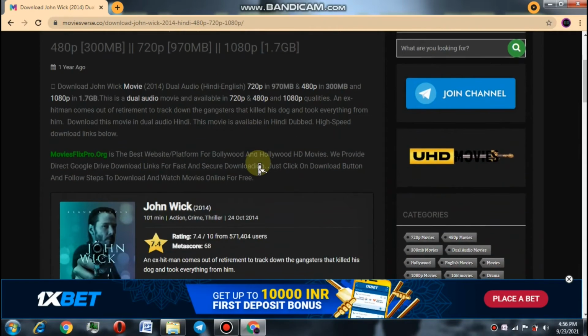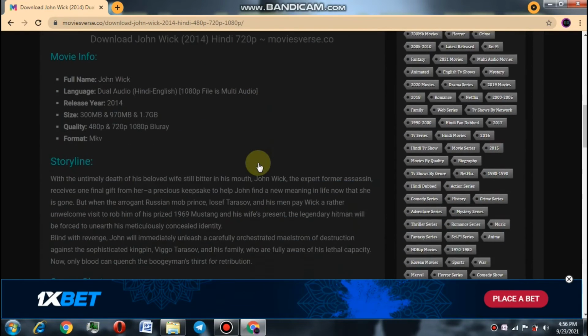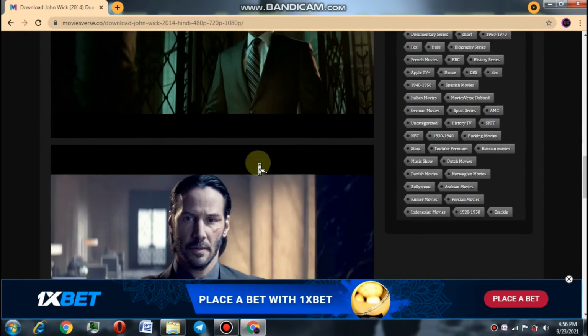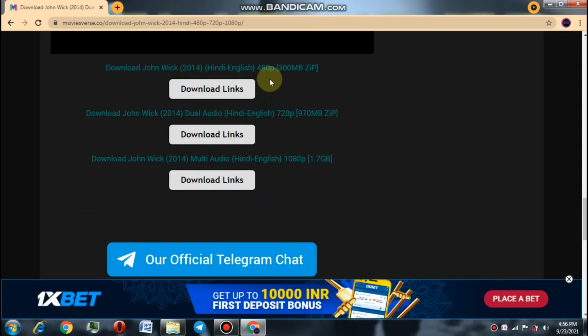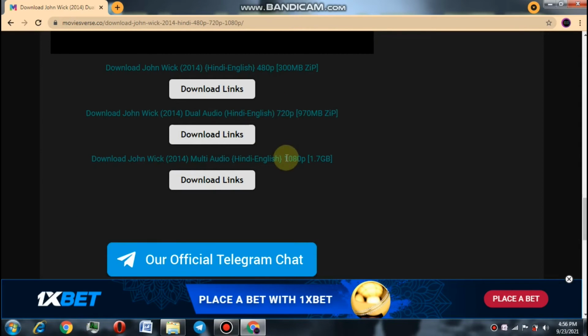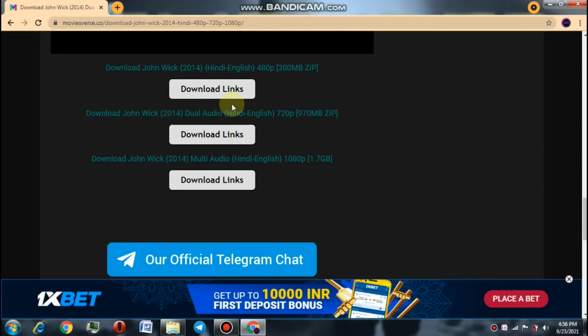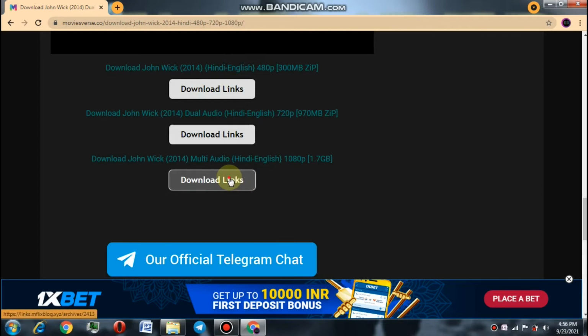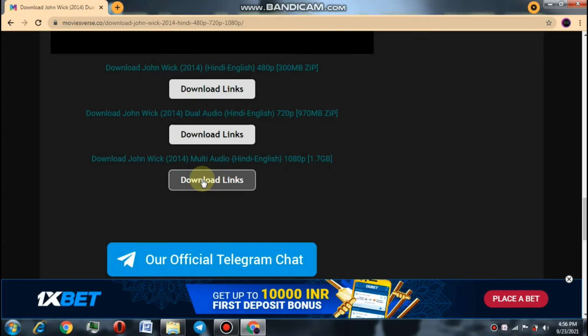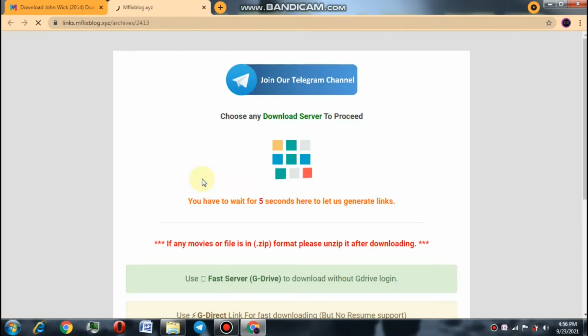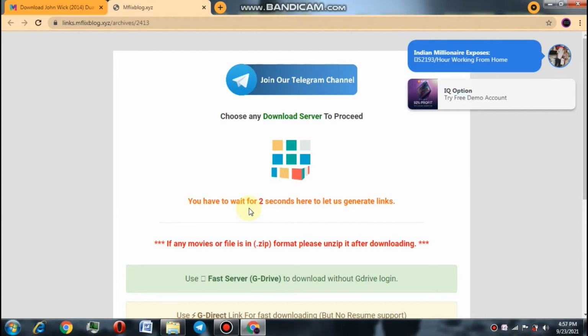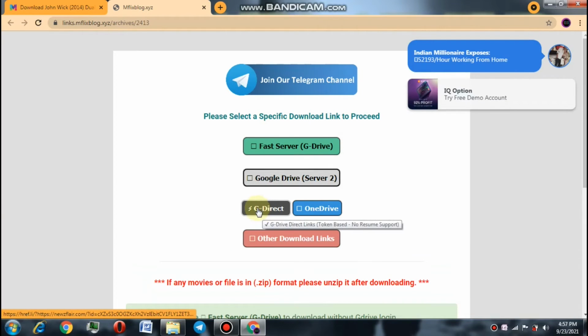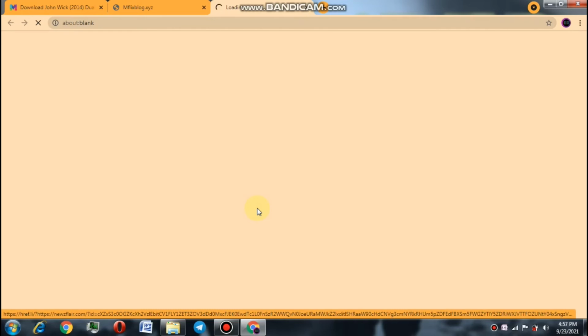So here you can see they have the rating of the movie, movie info, storyline, and they have also shared the screenshots. Here you can see they have three qualities: 480, 720 and 1080p. So we are going to download this, and here you can see you have to wait for some seconds, and then you have to click on G Direct. Here they will redirect you to a new page,